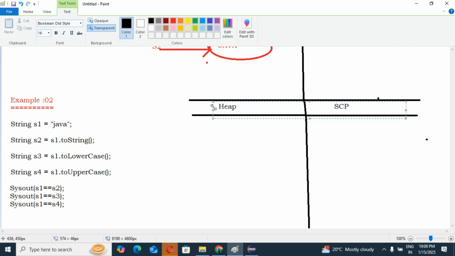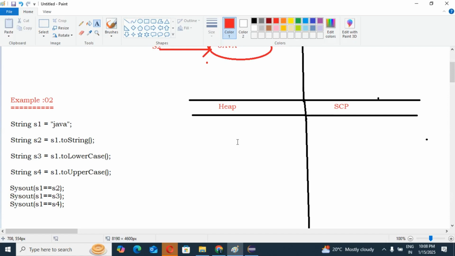You see how many times I've explained the same thing, so you should not have any confusion. If you have any confusion, then God knows. I can't do anything because I've repeated it so many times.